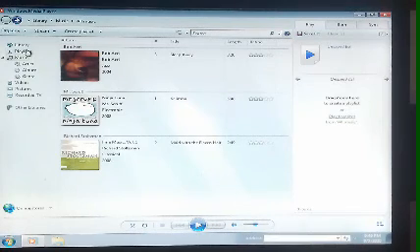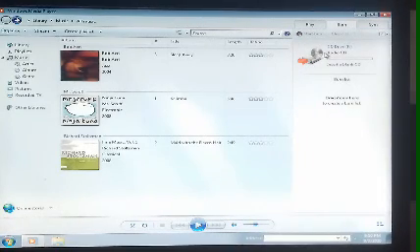Now dear students, you have to burn a CD or DVD. So you have to come to the right side of the Windows Media Player. Here you can see the play option, burn option and sign in option. So you have to click on the burn option. Okay students, here you can see this is the burn option. You have to click on it like this. Now here you can see CD drive, audio CD, and computer are saying insert a blank disk. Okay, understand?